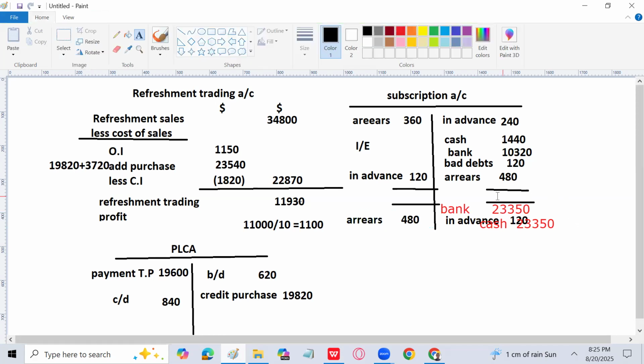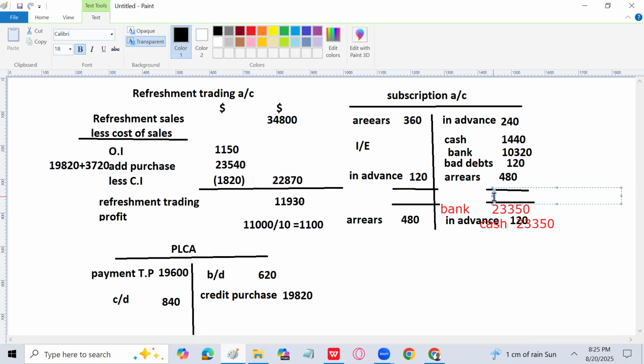Okay, tell me, the total of the credit side, we will see how much is coming. You are not supposed to calculate. I will calculate obviously. 240 plus 1440 plus 10320 plus 120 plus 480. That is 12,600. Right? Minus 360 and minus 120. That is 12120. That is the subscription income, which is supposed to be written in the income and expenditure account